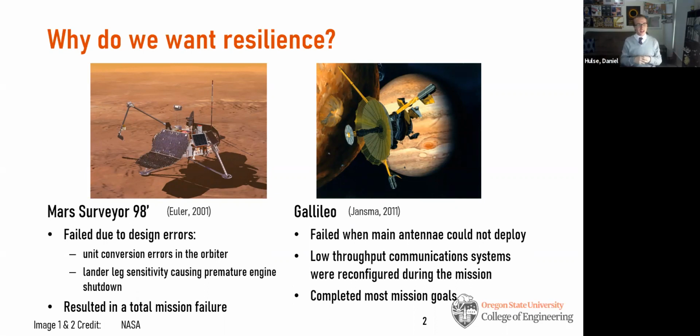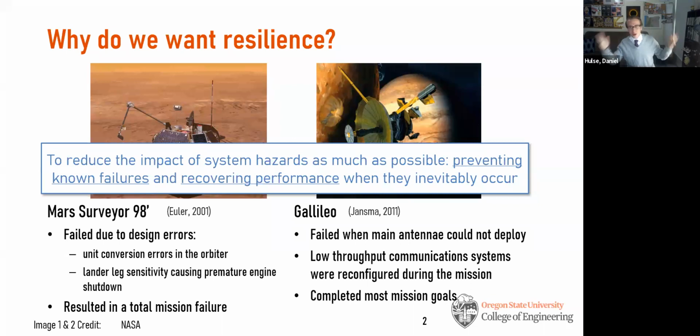To motivate this, we want to achieve resilience in design in order to reduce the impact of these system faults and hazards as much as possible. That means both preventing known failures, but also having some recovery in the event that they inevitably occur. The idea being we can't see them all coming, but we want to be able to respond to them well